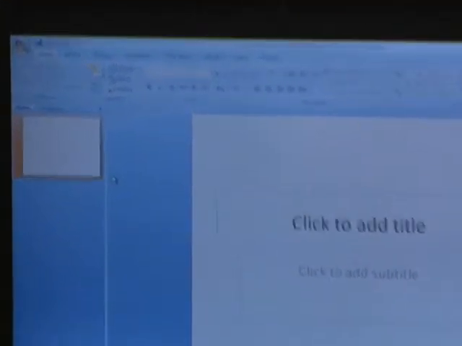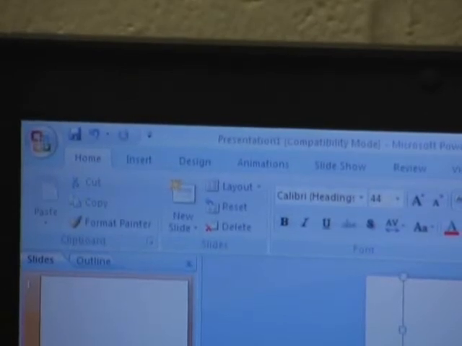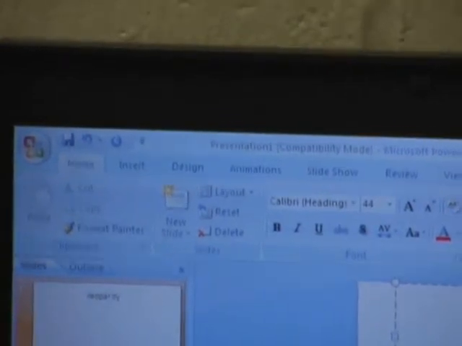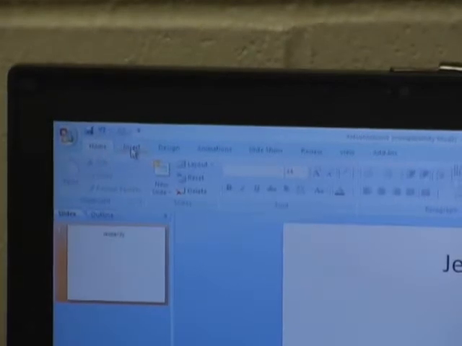Today I'm going to show you how to make a Jeopardy on Microsoft PowerPoint 2007. So first you need to add your table. Actually, I'm going to add the title first. I'm just going to go up here and type in Jeopardy. And then I'm going to go to Insert, which is over in the left-hand corner next to Home, and